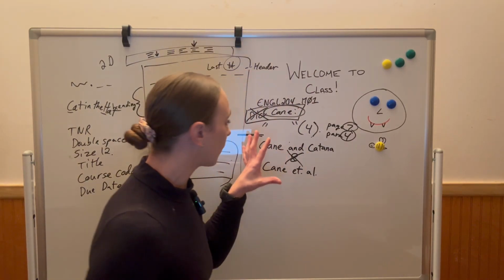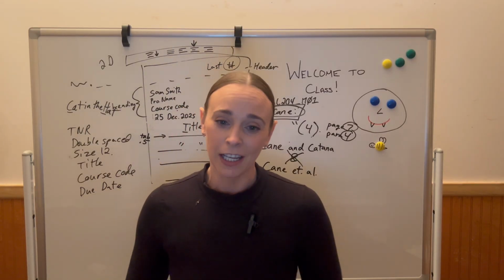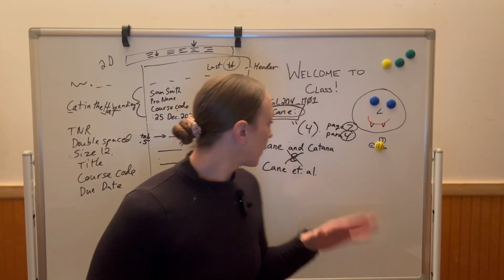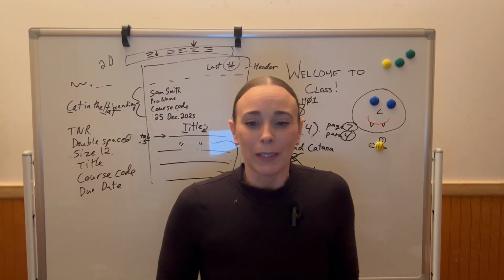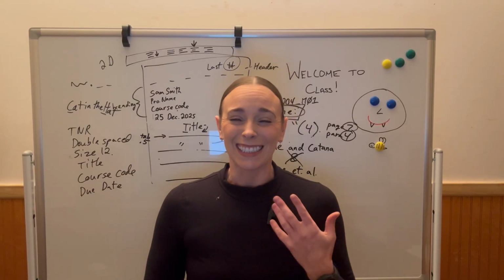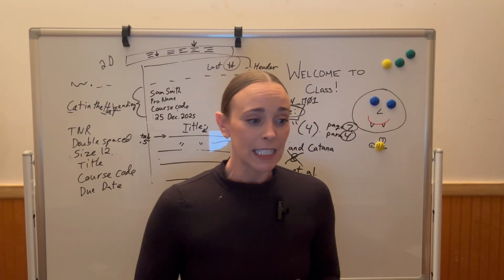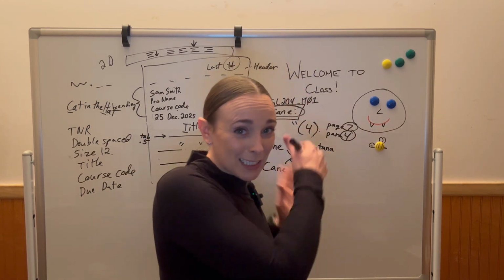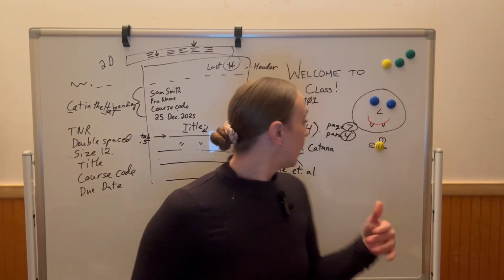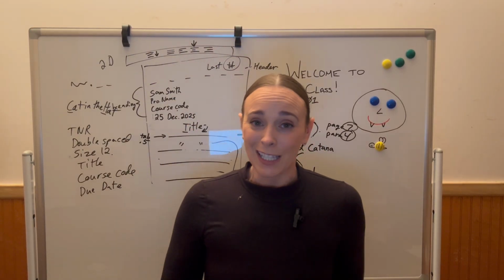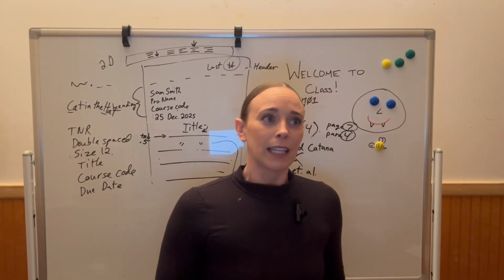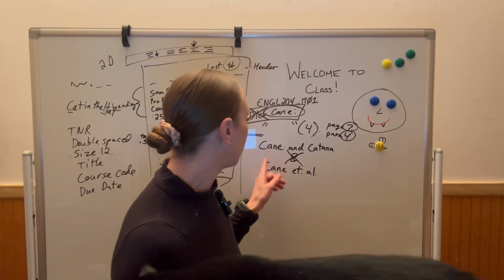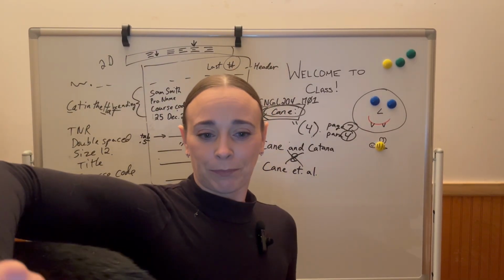All right, so the times that you would need to use an in-text citation is if you ever use any quotes, paraphrases, or even a summary. So quote is when you're using it word for word, verbatim. Even if they spell something wrong, you should type it exactly as you see it. Paraphrase is like if they have an entire paragraph that you want to say something about in your paper, you would need to make sure that you have a citation after everything that you paraphrase. And then with a summary, that's like if you wanted to use an entire book that you wanted to summarize into a few sentences, you will still need to include that in-text citation.